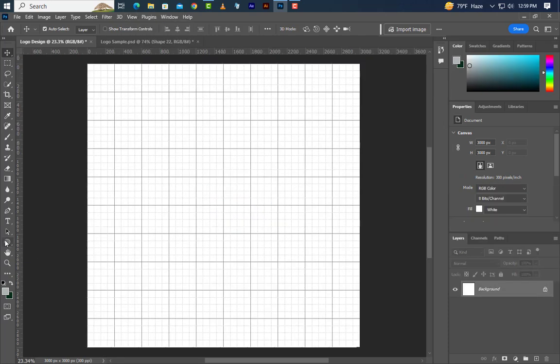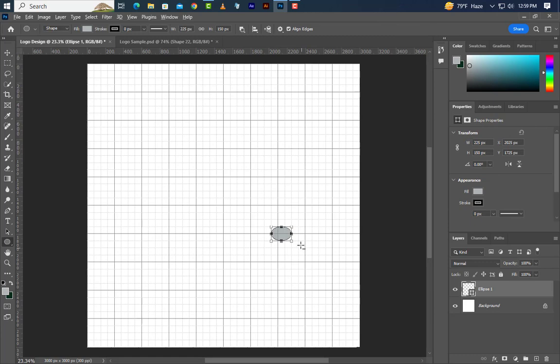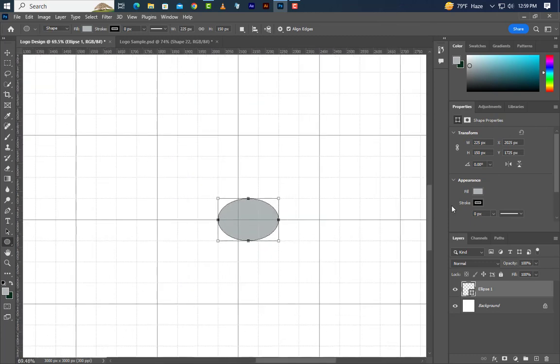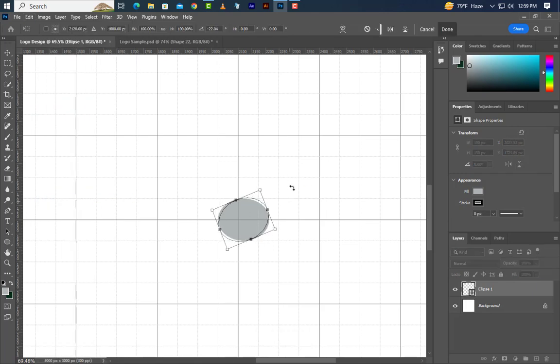Go to the toolbar and select the ellipse tool from there. Create shape by pressing the right button of the mouse. Edit, free transform path, rotate 25.5 degree,